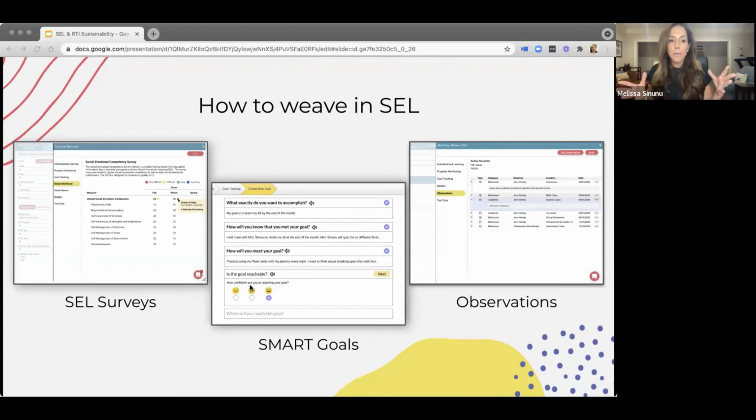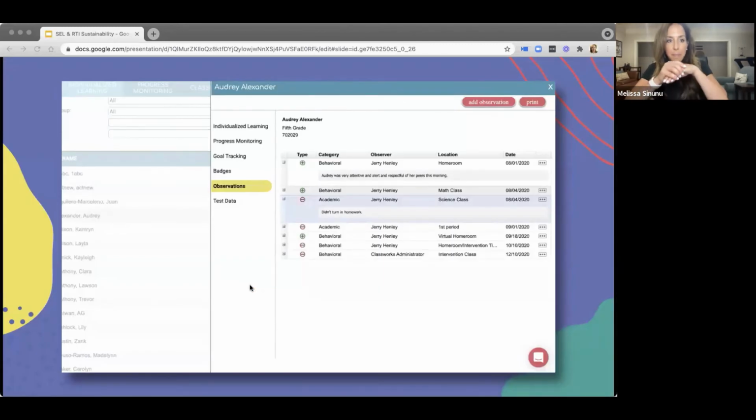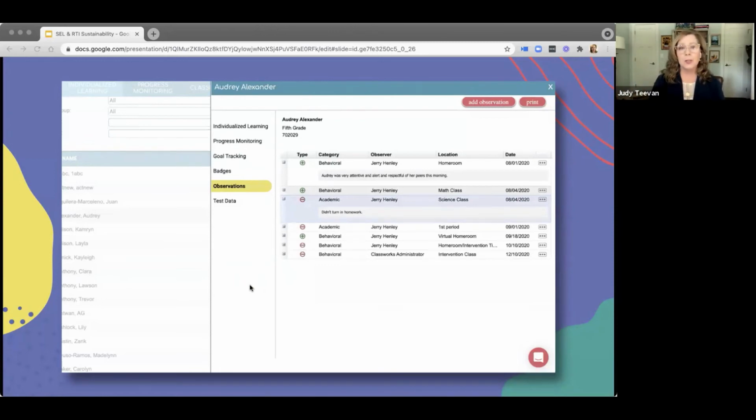The CASEL core competencies start with self-awareness and self-management. So let's think, for example, about student observations as it relates to PBIS for students struggling with self-awareness. If your observations are digital resources, there really are a ton of benefits. So let's look at the ClassWorks observations as an example.